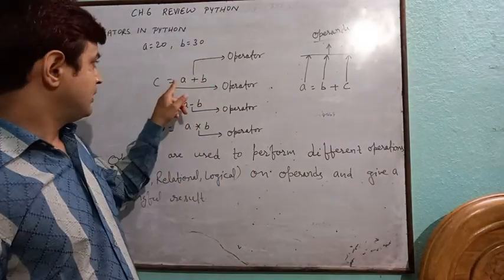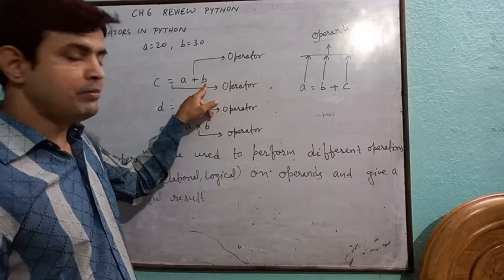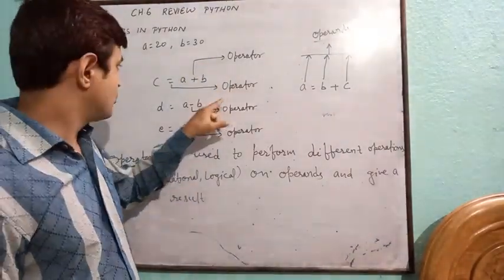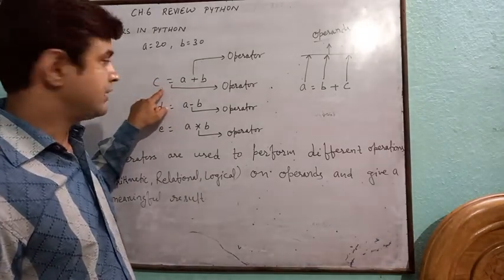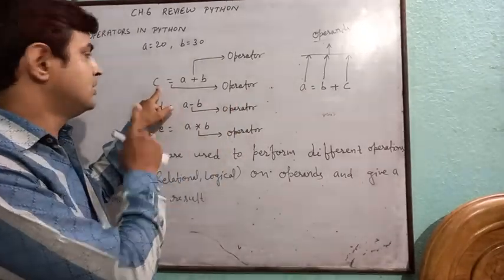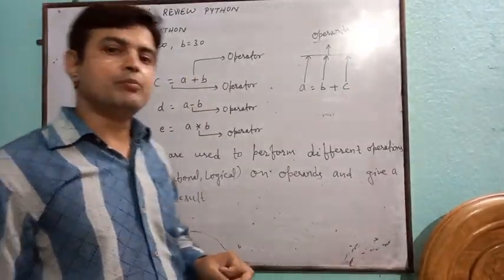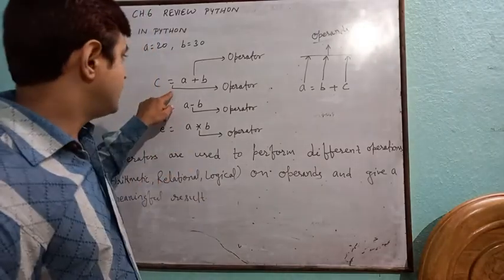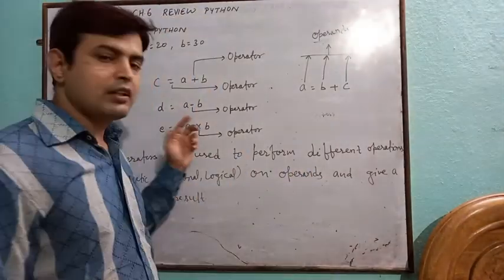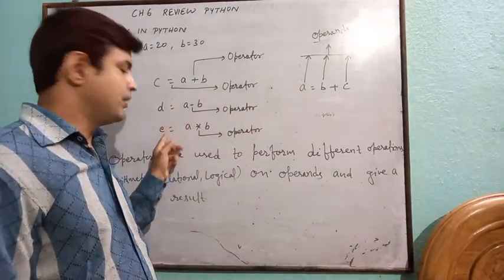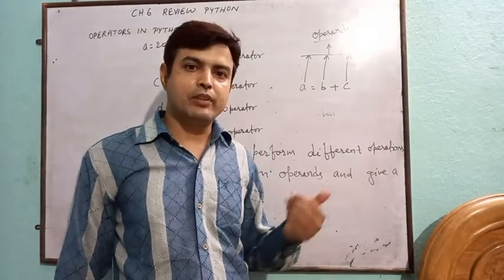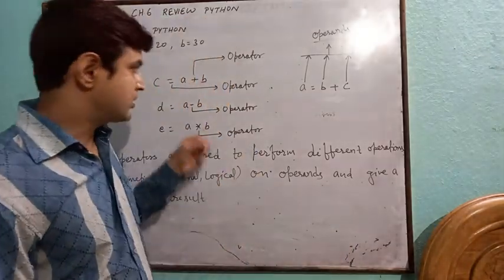For example, here when the sum of a and b is calculated, whatever the sum is will be stored in the variable c, that is, that value will be assigned to the variable c. Basically it is required in computer programming language. So here equal to is called an assignment operator. Assignment means this operator assigns a value to the variable. The value may be numeric, the value may be a string. Further on we will study string operators just next to this.